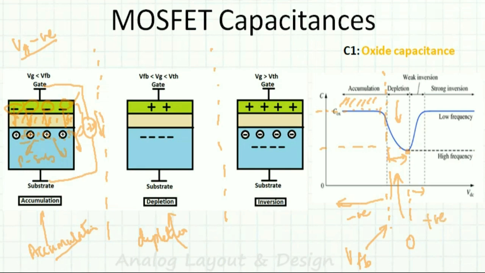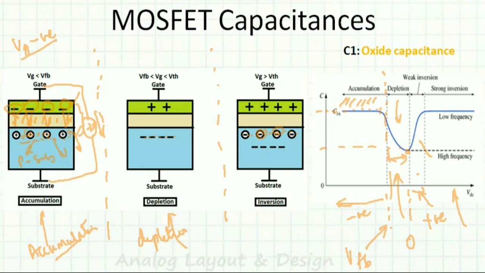In positive voltage we have two different regions. In negative voltage we had two different regions, one is the accumulation and a depletion, and in positive we have what is known as the weak inversion and strong inversion. So in weak inversion what happens, very little charges are there, so there is no strong inversion, this is also depletion only, and very little charges will come. Then this channel starts getting inverted. So here this is plus and I want minus here, so one or two negative charges will start coming,